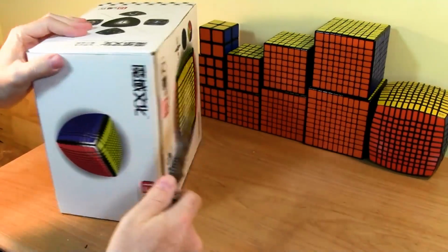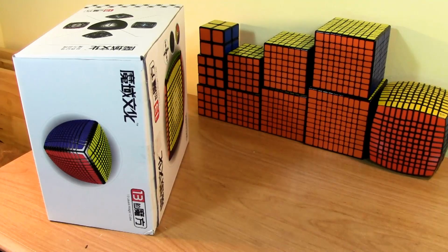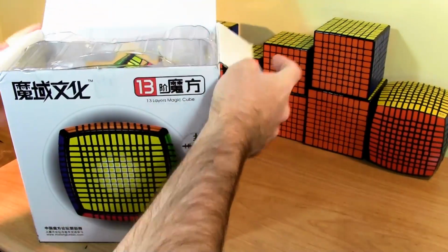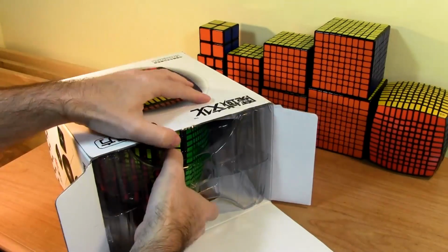Now, so as you can see, I have quite a good collection of large cubes. I like them. I play with them all the time, and it's just a fun thing for me. Alright, now